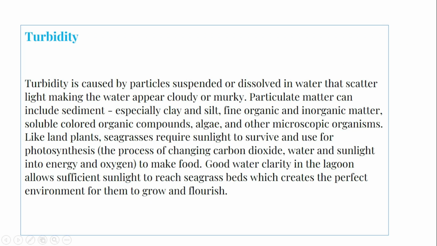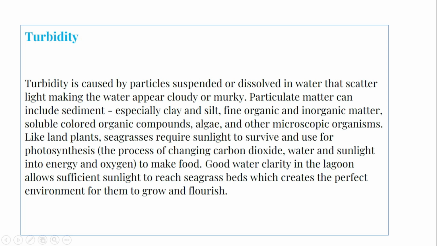So turbidity here is another situation that happens with abiotic factors that affect the biotic factors. So turbidity is caused by particles suspended or dissolved in water that scatter light, making water appear